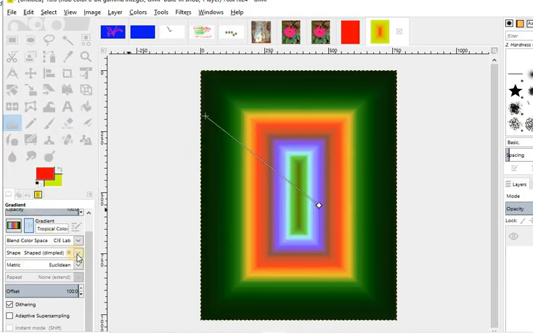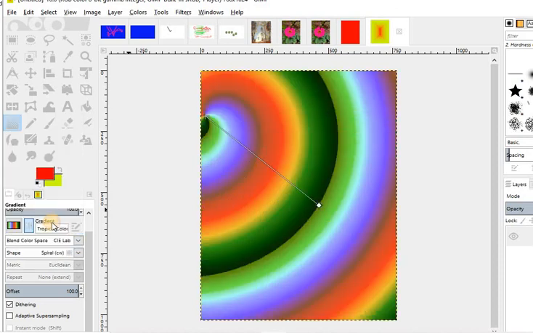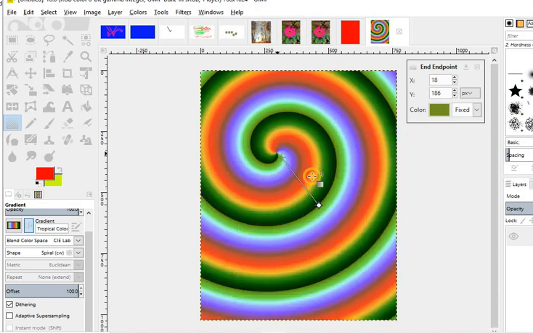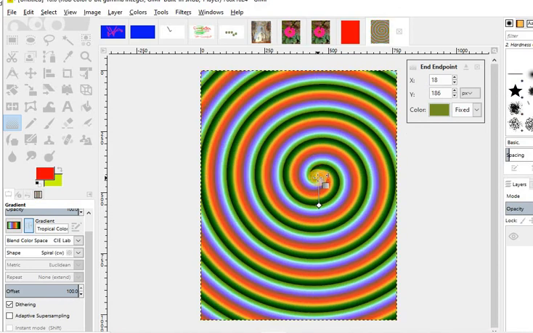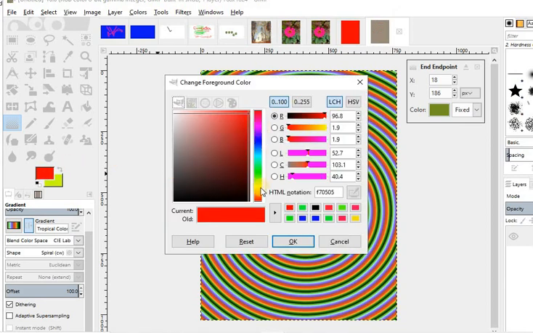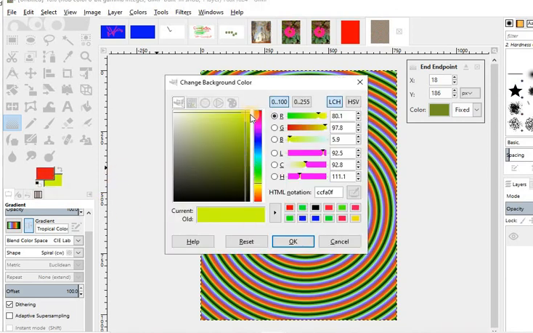And from here we can make it spiral. See, so in this way we can create multiple blend effects. We can create the colors, we can change the colors to make it more clearly visible.